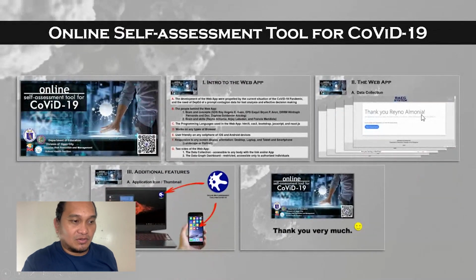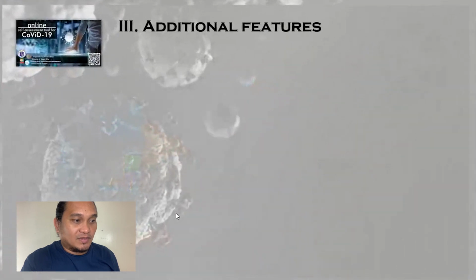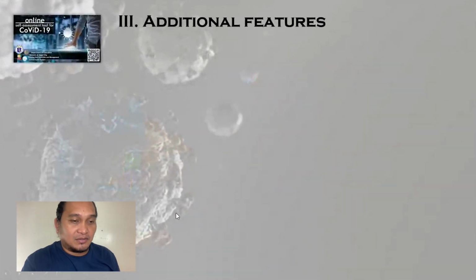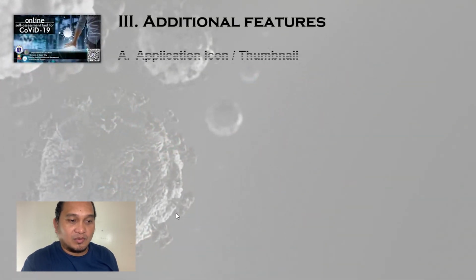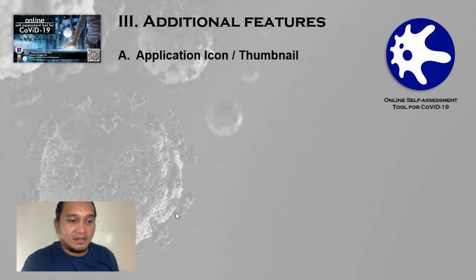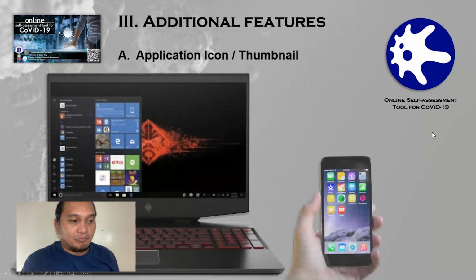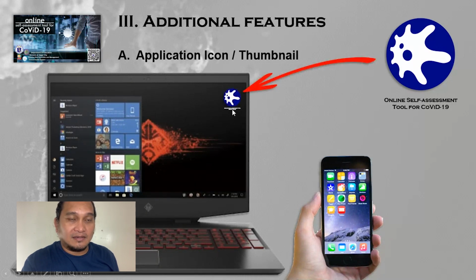Additional features or future features, and one of that is the application icon or thumbnail. So we're planning to have an icon or a thumbnail that looks like this one, and this one can be seen in the laptop like this one, and also in your cell phone, where you can click and can easily access the web application. So when you click that one, you will be led to this